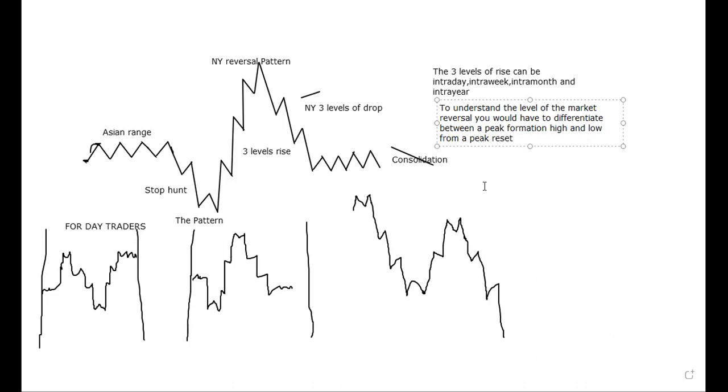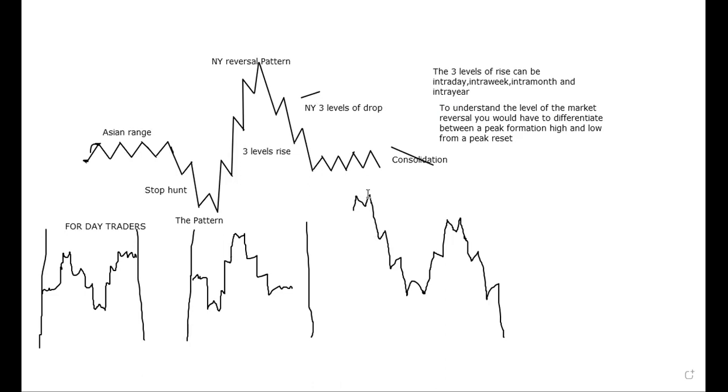Okay, so to understand where the market is going to reverse, you want to differentiate between the reversal. What you want to know that the market is going to reverse is if you are in a peak formation, then you expect 3 levels of drop. But if you are in a peak reset, you should expect a continuation of that same level. Like when you look at this over here,